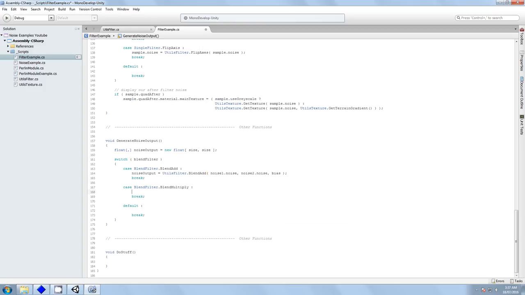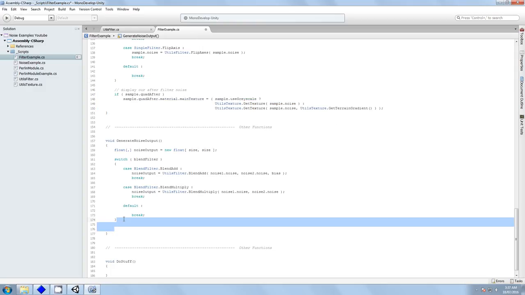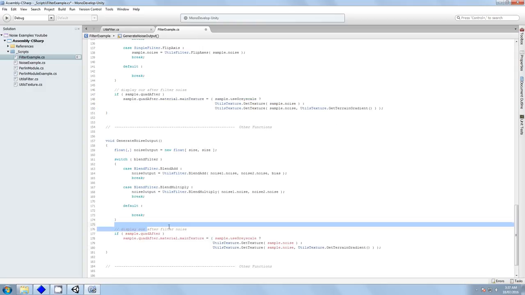Okay, for our blend multiply, we have a look at those parameters. We're just taking in the two noise arrays, not our bias. So multiplying one by the other. And when we've done all that, we want to do the same thing as we did before. Display our output